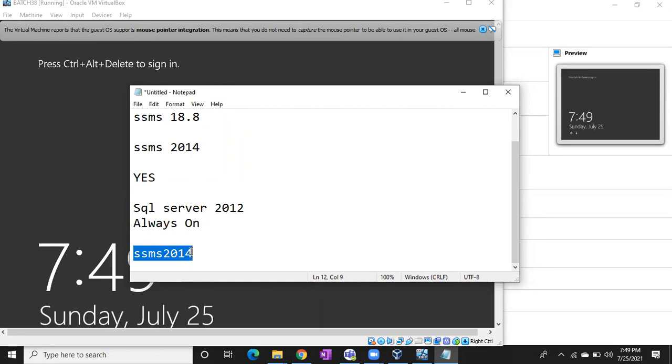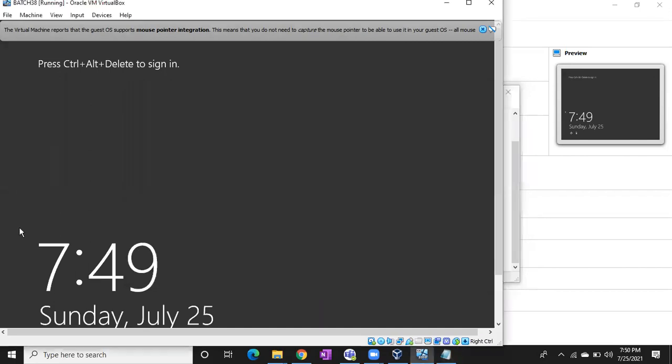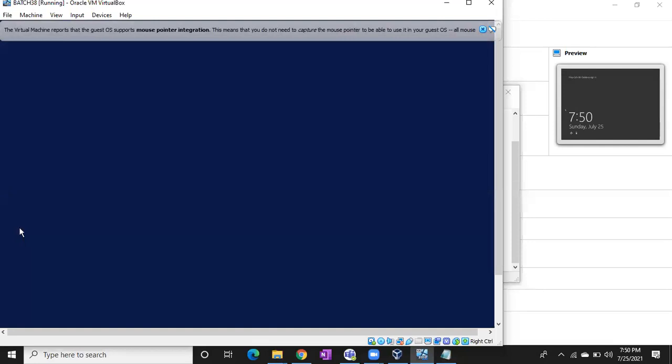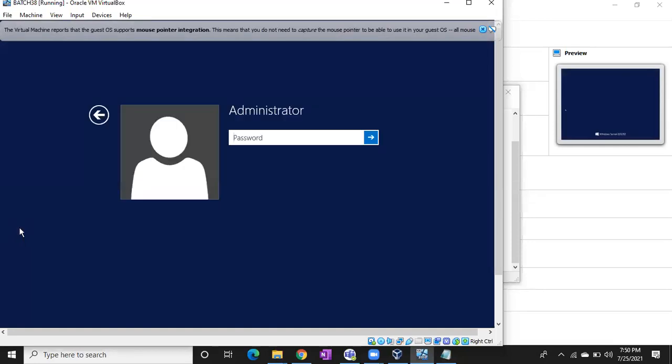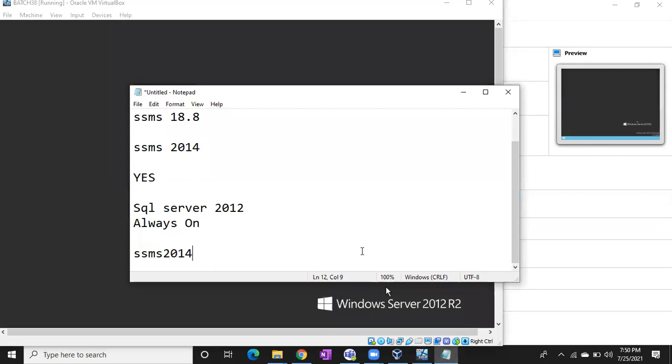Is this point clear or not? Everything looks good, all features you can see, everything will work perfectly. Is it clear?